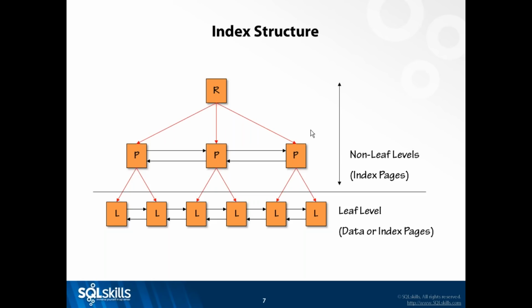There are 0 or more what I call intermediate levels. And then there's the leaf level. And if this is a clustered index, the leaf level are data pages, and that is your actual table. These are your table rows. If it's a non-clustered index, these are index pages, and the rows are an awful lot smaller. The problems that we have with fragmentation are the same, whether we're talking about clustered or non-clustered indexes. Now, one more thing to notice here is these arrows going to the right and going to the left, and that's at every level of the B tree. And this is what's called a doubly linked list. The pages are linked together to allow an ascending order scan or a descending order scan.